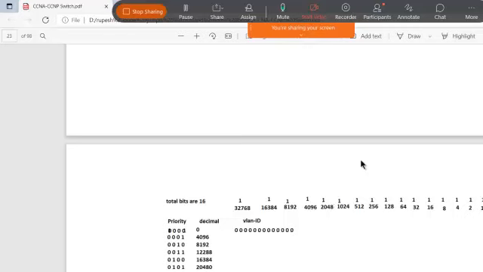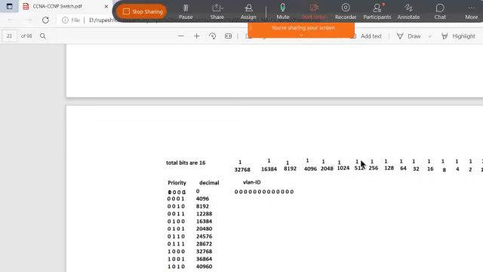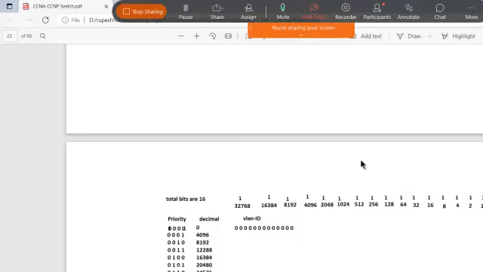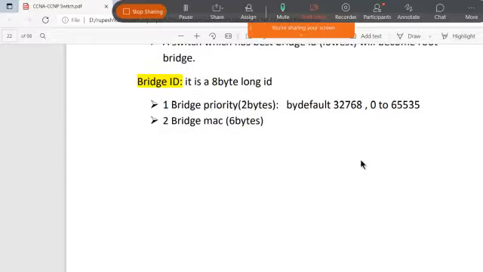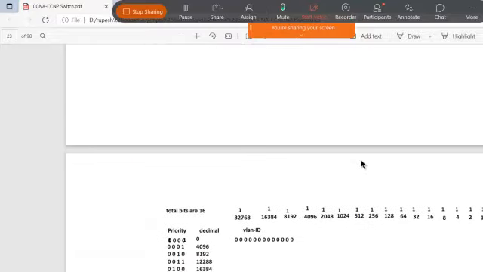So with 16 bits, it is going to start with this 1, which means 2 to the power 16, which we can simply count. So whatever value we have, that is 32768. Okay, so this is the default value of the bridge priority.